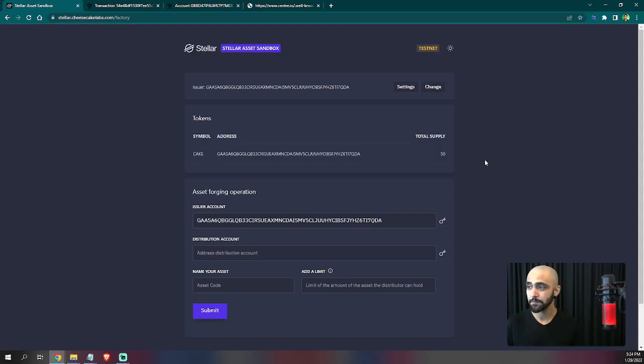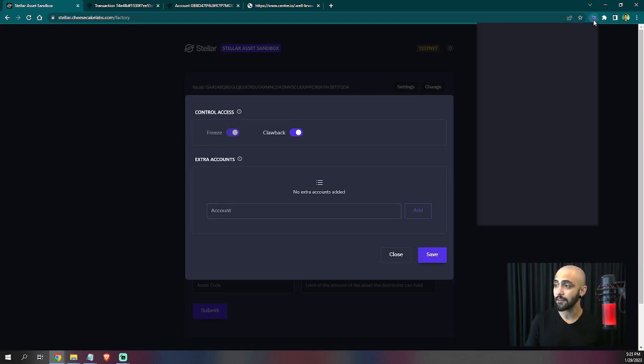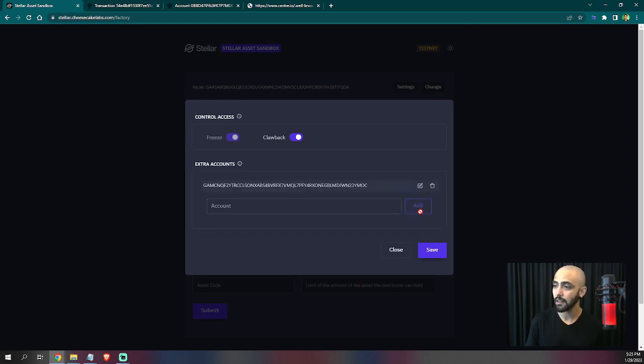The last feature I'm going to show you is the view only. The view only feature is a neat way to interact with friends and colleagues that are also using the sandbox, in case you want to allow them to load your asset list alongside theirs, but only with view permission. So let me just show you how to do that. Here I have my issuing account loaded, the same account that issued the cake token, and I'm gonna click on settings. So here in settings we have this portion for extra accounts. So here let me get my friend's account. Let's say account number 7 is my friend's account, and I'm going to add this account here,